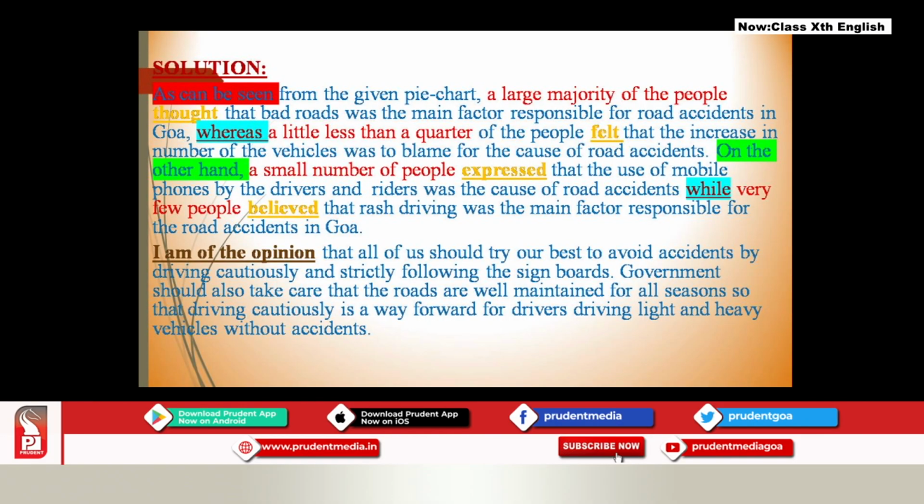A large majority of the people, I use the verb thought, that bad roads are the main factor responsible for road accidents in Goa. I use the connector whereas. Now I'm comparing it with D. A little less than a quarter of the people felt, another verb, that the increase in the number of vehicles was to blame for the cause of road accidents in Goa. Look at the way I build my second sentence. On the other hand,